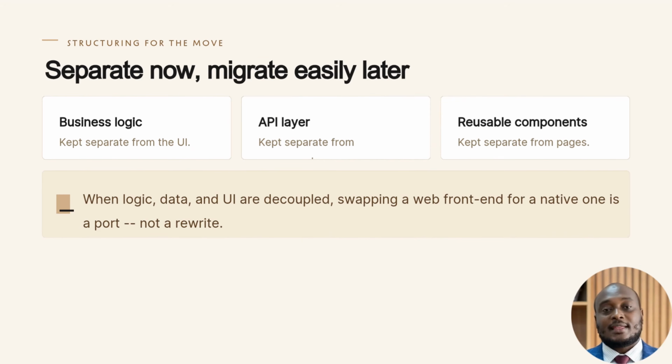And here's how you make that future migration painless. Structure your code now so it's ready. Keep business logic separate from the UI. Keep your API layer separate from your components. Keep reusable components separate from pages. When those three are decoupled, swapping a web front end for a native one becomes a port, not a painful